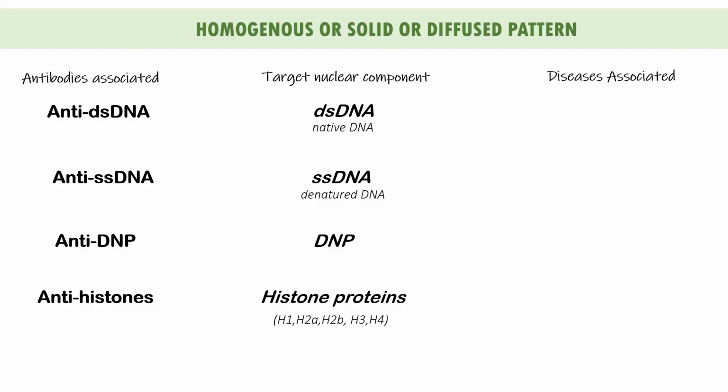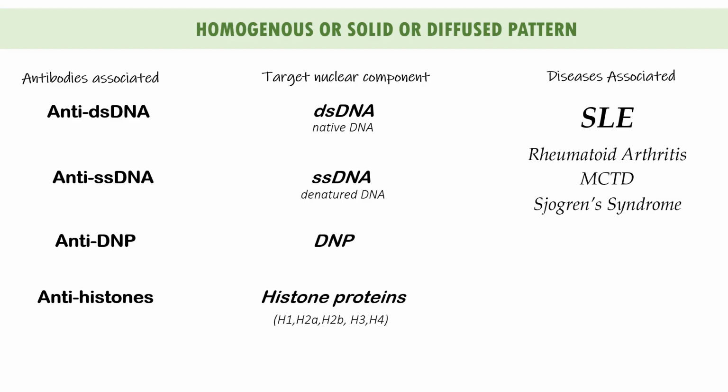Now, high titers of these homogeneous ANAs are associated with SLE, although they could also be present in other diseases such as rheumatoid arthritis, mixed connective tissue diseases, and Sjogren's syndrome. In particular, the anti-dsDNA is considered as one of the specific markers for SLE, as they are seen in 60% of patients with SLE. For antihistones, if they are solely identified or present, they are associated with what we call